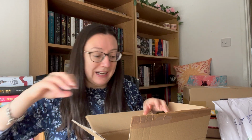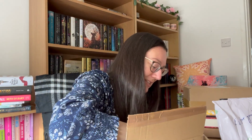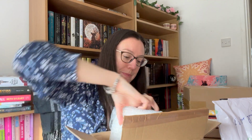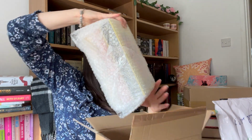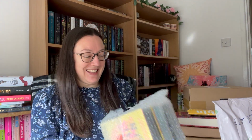My books aren't here, and it does say 2 to 3 months. I love book subscription boxes, but don't ever expect anything to come quickly from them. But the packaging is stunning. They're all packed together in some bubble wrap. Oh, you can see the first book there. So the first book is obviously,